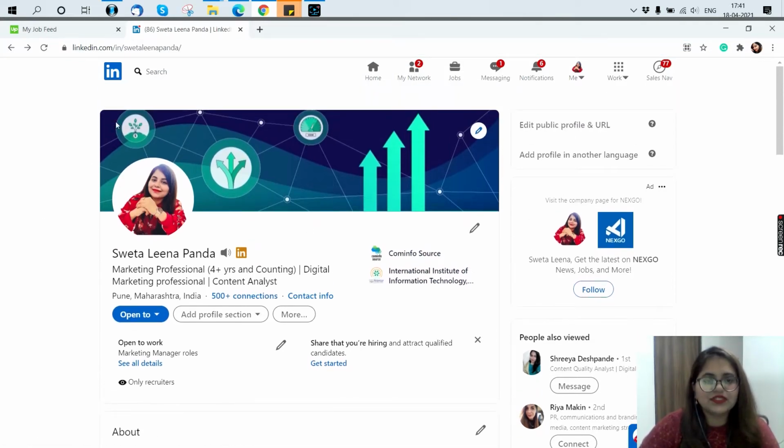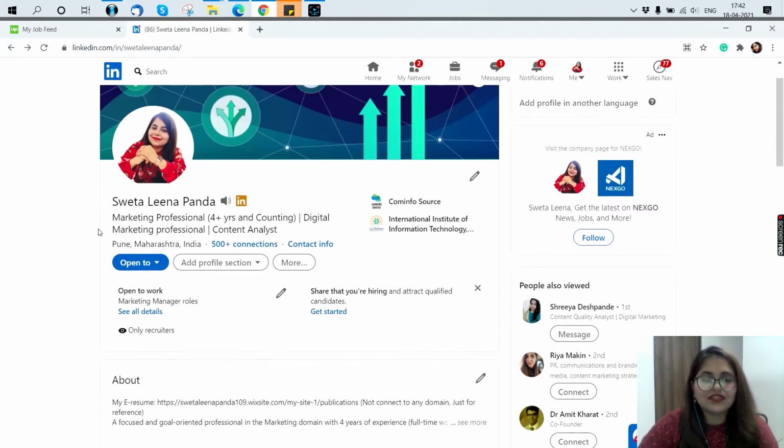Then the second one is you need to make your cover pic in a very proper way, which signifies your profile. If I am talking about myself, if you check my cover pic over here, growth images are there. It is a connection. It means that there is a network in there. So it's showcasing my profile, my expertise, my career. That has great importance, because it's showcasing what your field is all about. Alright, so make sure that your cover pic is attractive. Along with that, it should look professional.